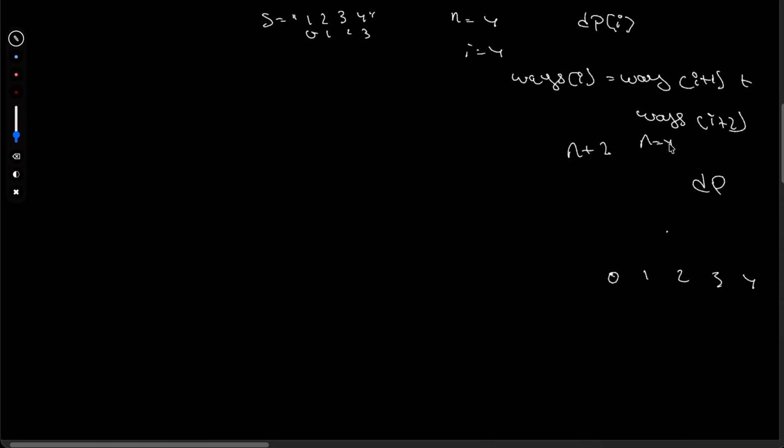n is 4, so you might think we need only n plus 1, but look carefully. The formula says ways of i plus 1 and i plus 2. At i equal to 3, we will access dp of 4, that is i plus 1, and dp of 5, that is i plus 2. So we need safe space for dp of 5. Also, even if we do not use it much, it prevents out of bounds. That's why we use